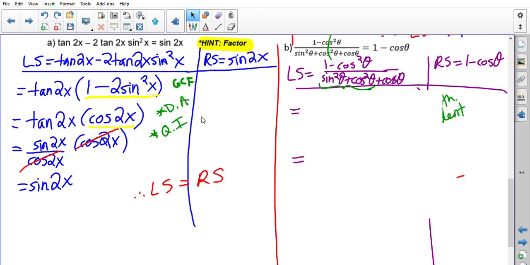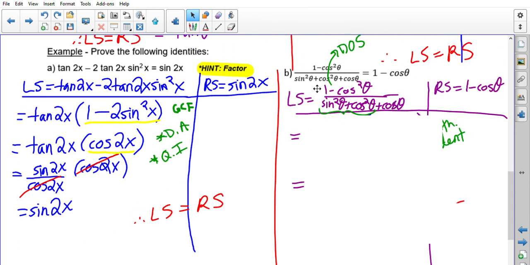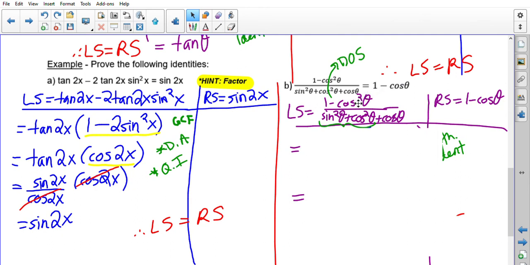All right, part B. So definitely we can see here that the left side is the more complicated side because we can't do anything else with 1 minus cos theta on the right. So looking at this, we should be starting to think about how we can do some common factoring or other